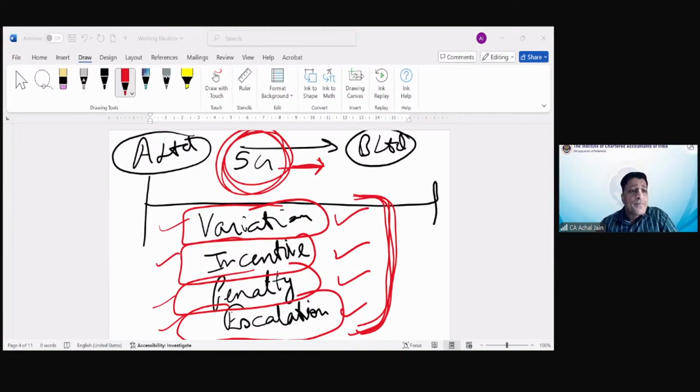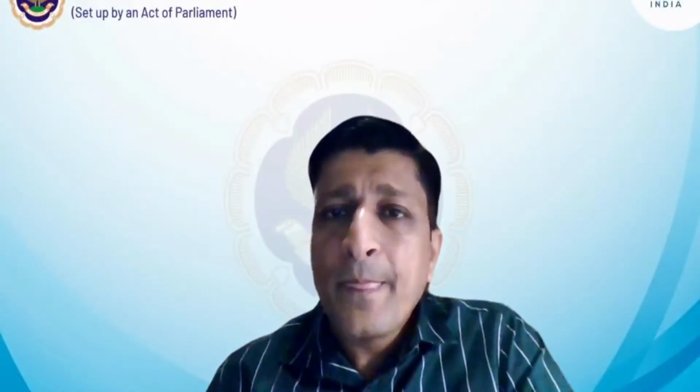Then Hardik is asking, so sir, in a contract, cost escalation can be there. Yes, of course. The cost escalation which is going to arise will also form part of contract cost. Correct. Absolutely correct. Okay, great. So Hardik, Kasak are clear. Any more questions? Any more doubts if you have?